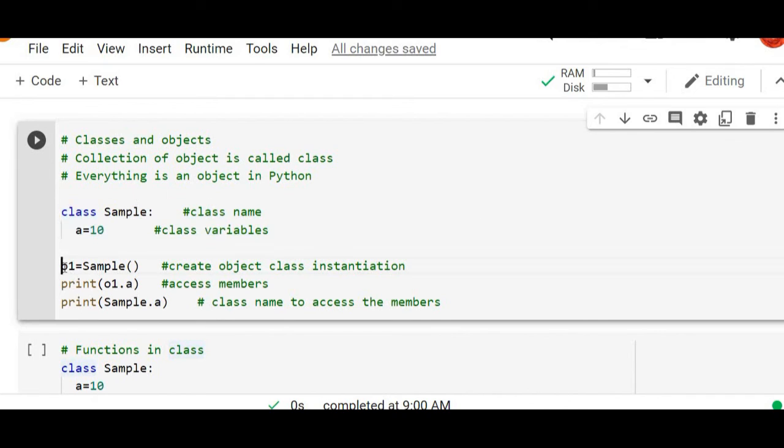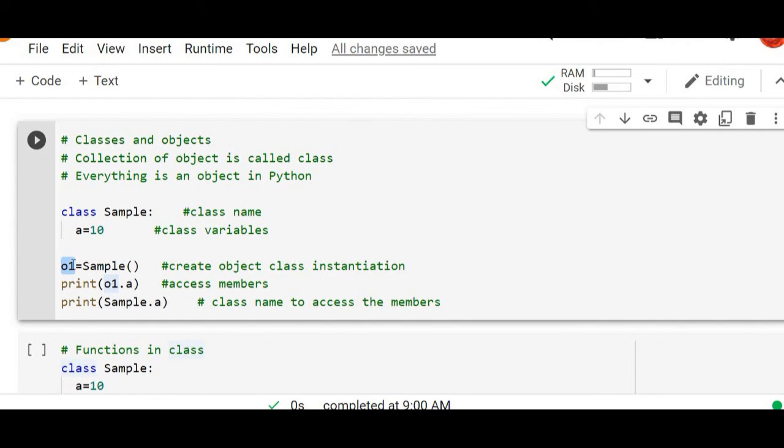After the class definition, with the same indentation, we have to first create an object. This is an object creation step, or otherwise we call it object instantiation. We call it instantiation because we are creating an instance of the given class sample. An instance is nothing but an object. So we are creating an object called o1.